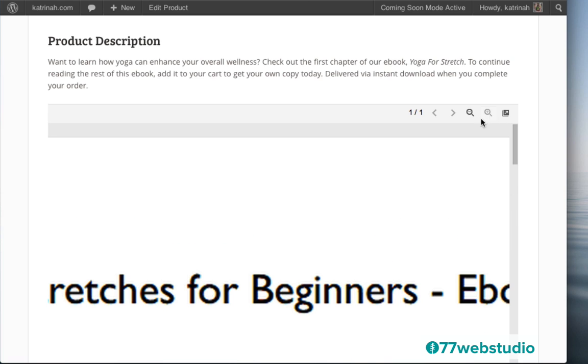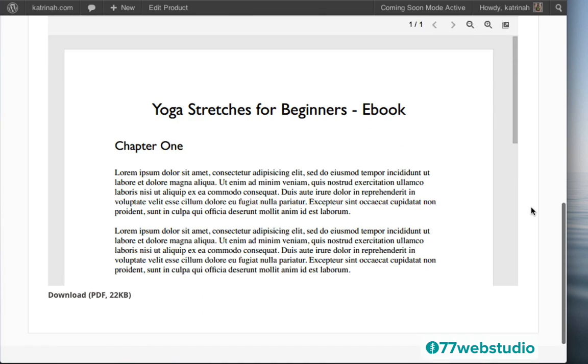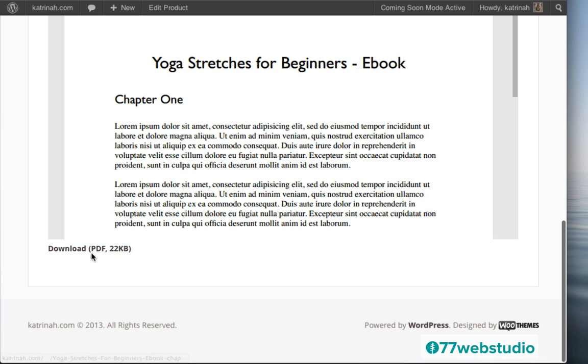And the good news about this particular plugin is that anyone who visits your product page does not need to have Adobe or Microsoft Word or any other kind of software. They can just look at the embedded document directly on your product page. Then I'll scroll down, and here we have the direct link if anyone wants to download the PDF for this particular embedded document. So this download link, once again, is only for the embedded document. It's not for the ebook itself.